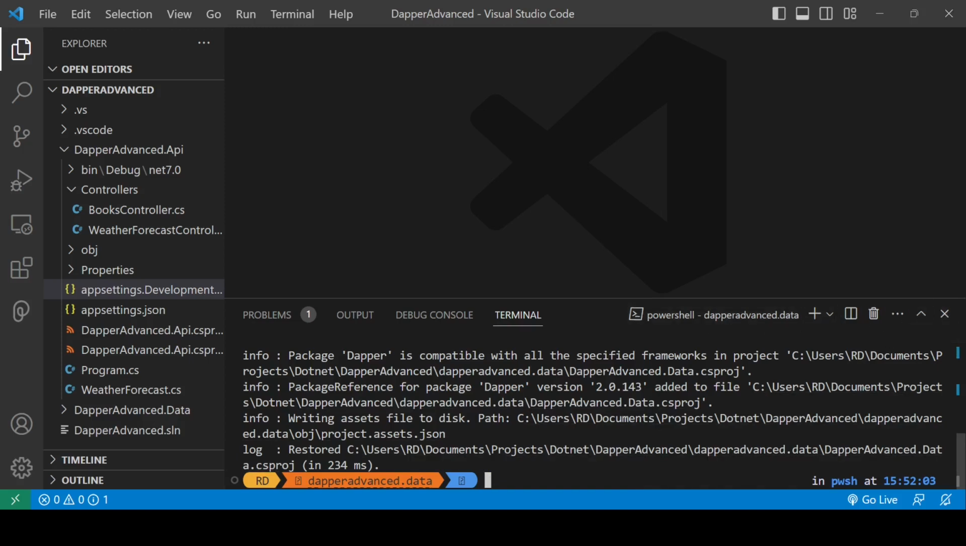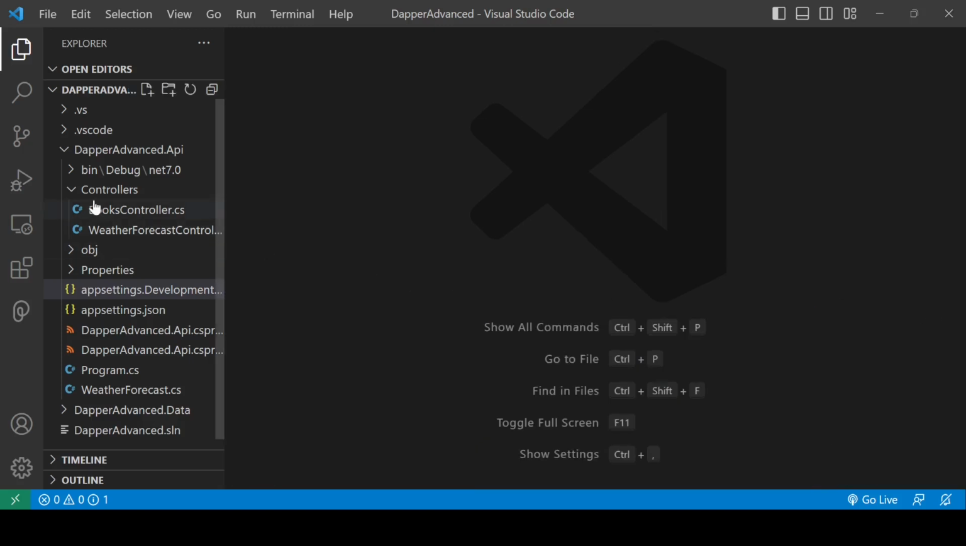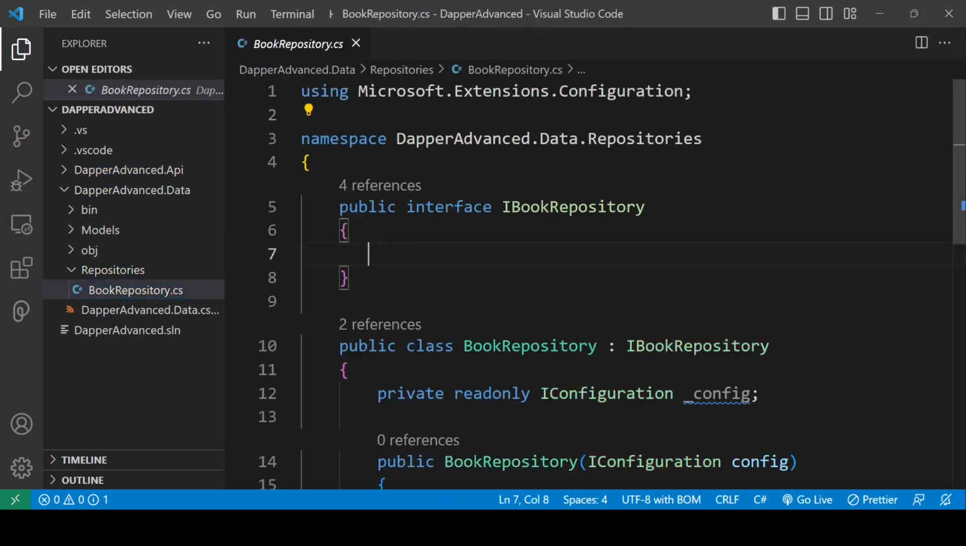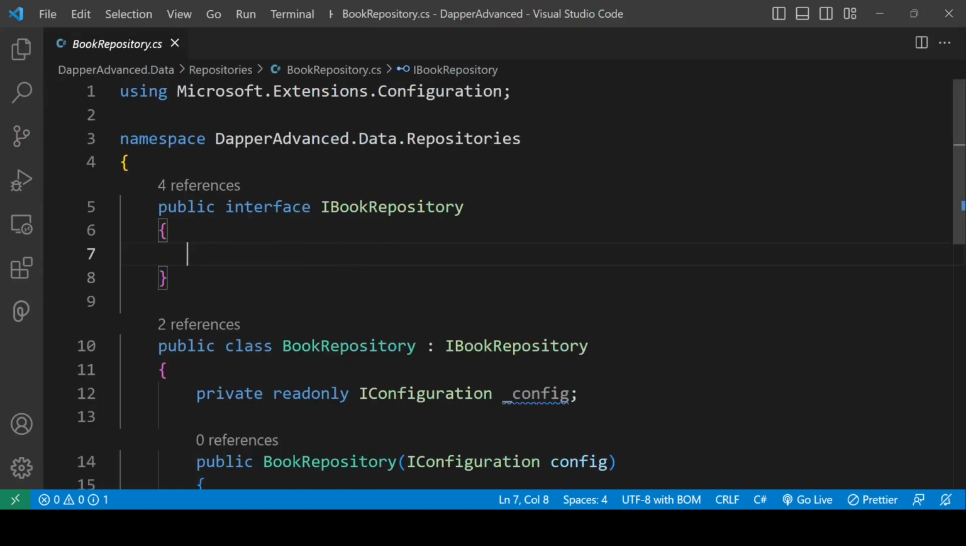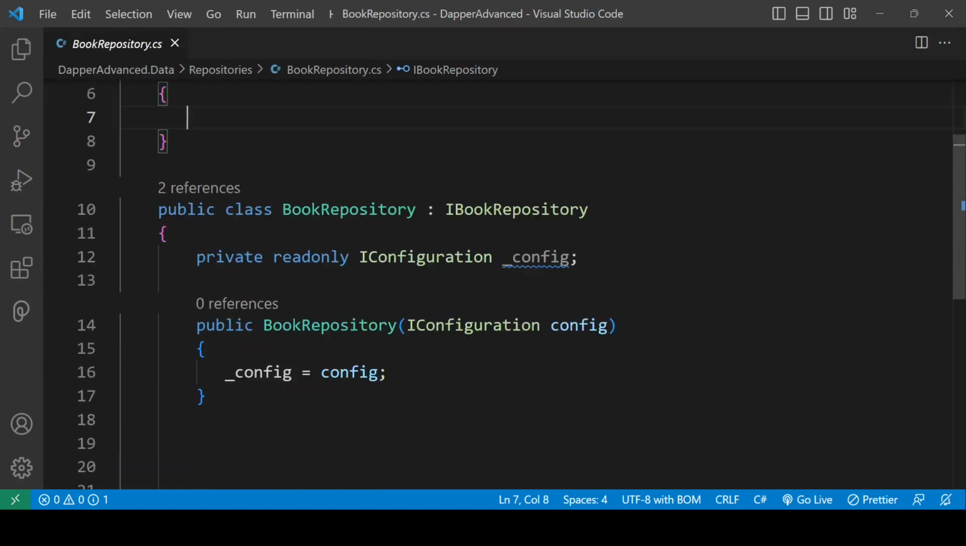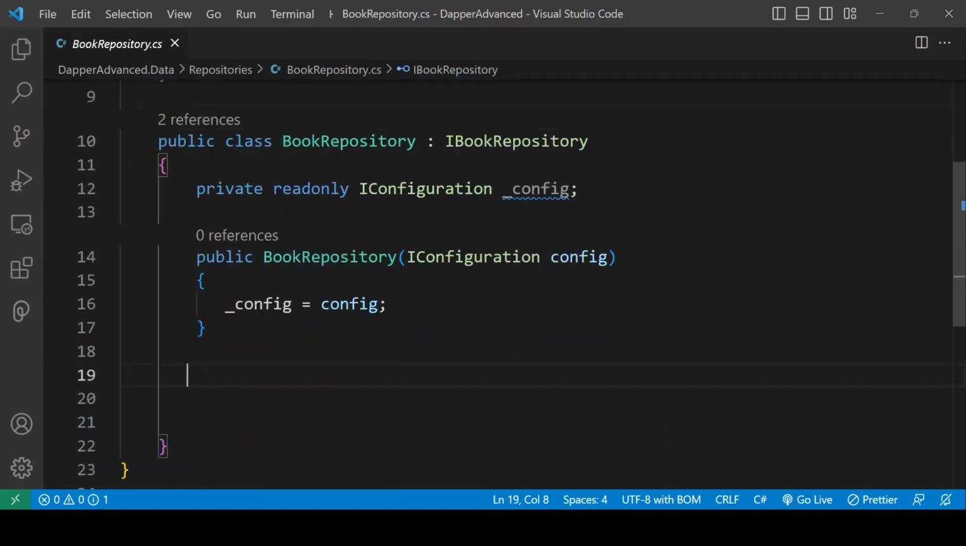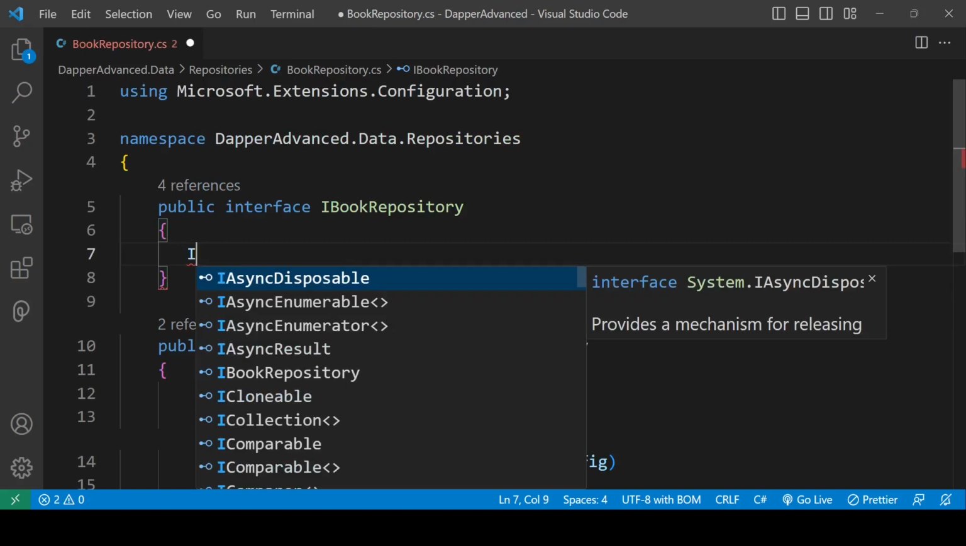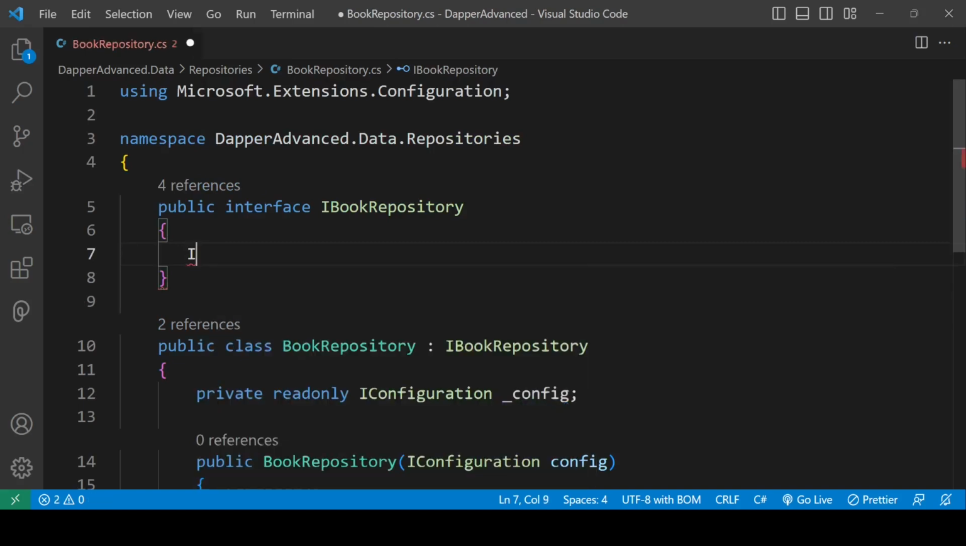Now let's, sorry, I forgot what we have to do. Let's open our book repository. Now here we're going to write some methods, maybe one method or two. So the first method is going to be our